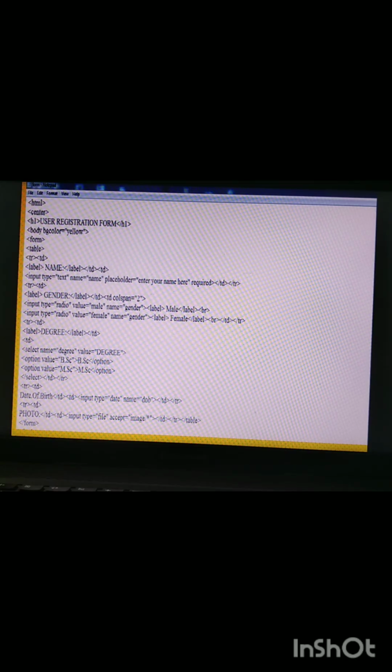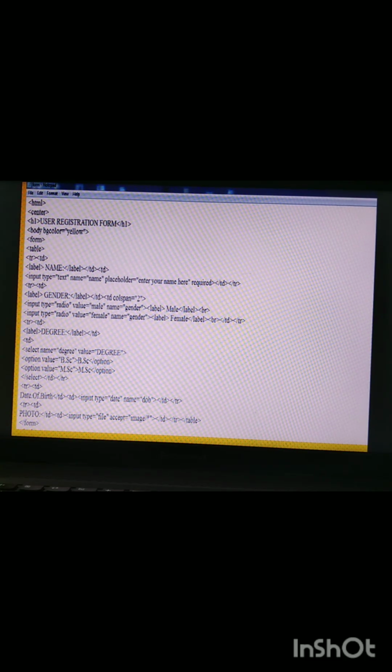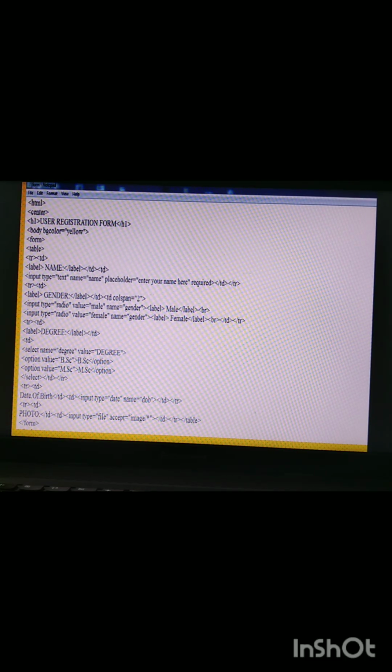I have included the control radio, that is option button. In option I have two options, male and female. For male we have to include one radio button, and for female I have to include